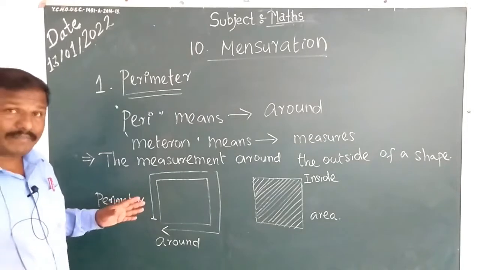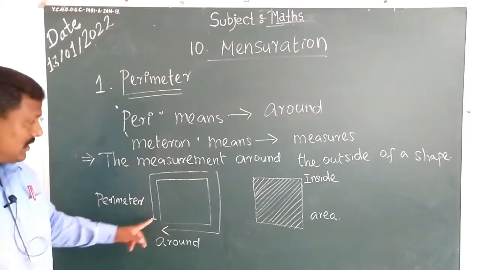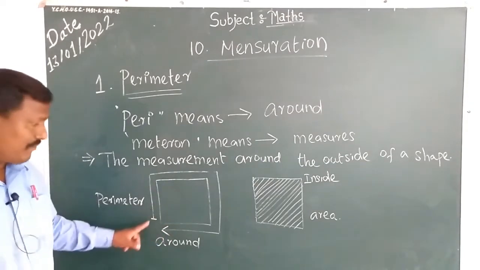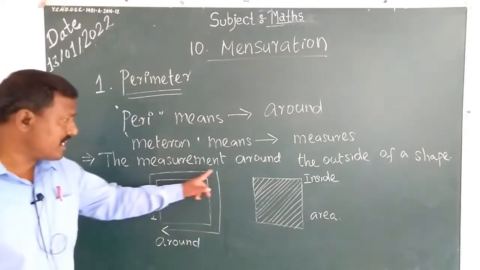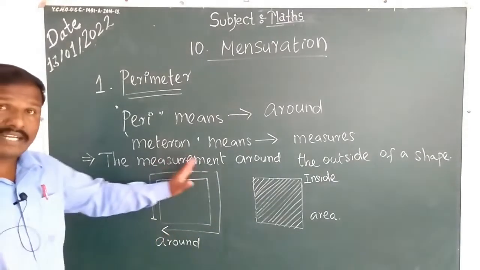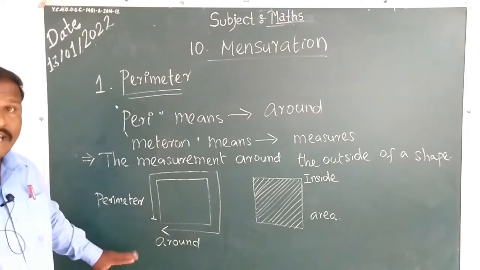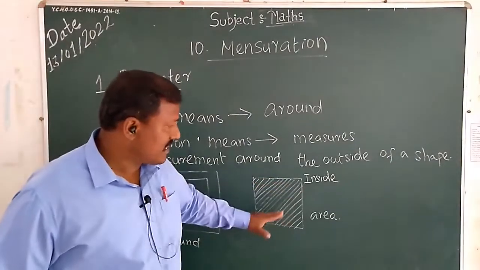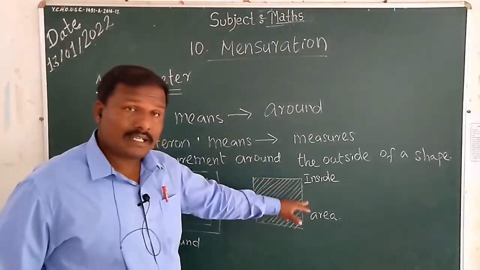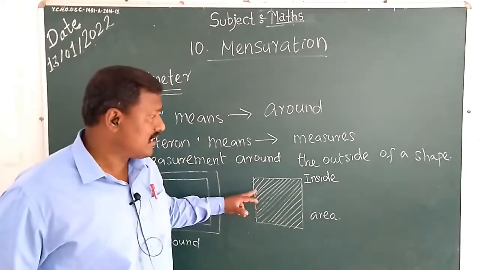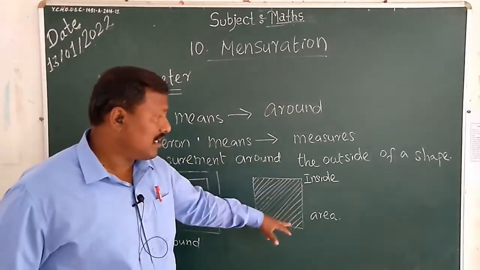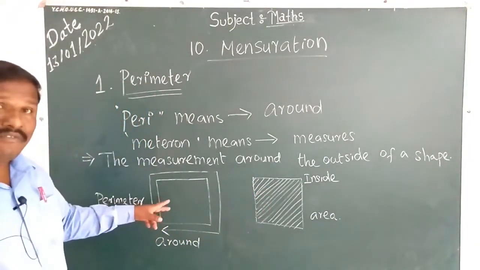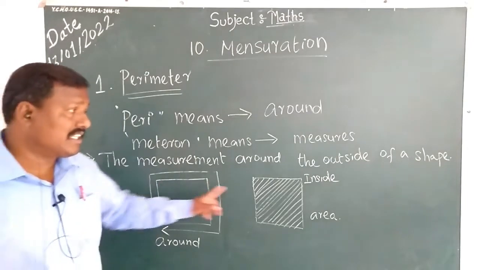For your understanding, I have drawn a diagram showing how to find the perimeter of the given diagram. You have to start from here, only outside. You calculate the length of the given diagram and you can calculate the perimeter. But area is only the inside surface. How much space the surface of the figure covers is called the area. So this is an important diagram for understanding perimeter and area.